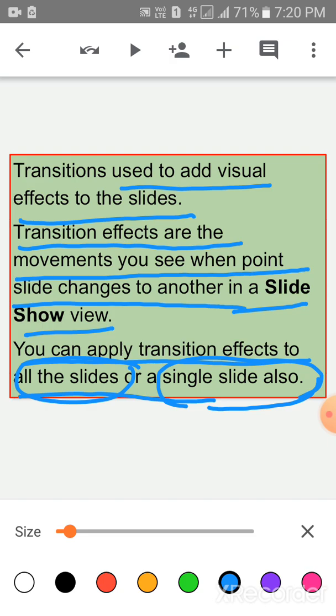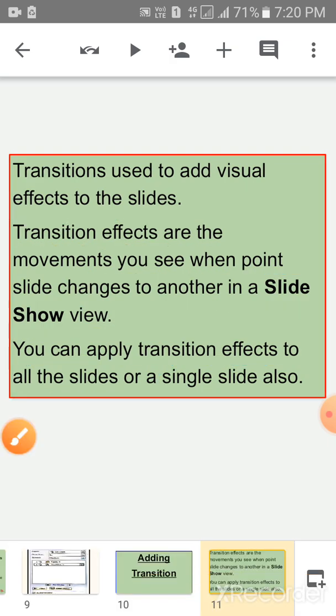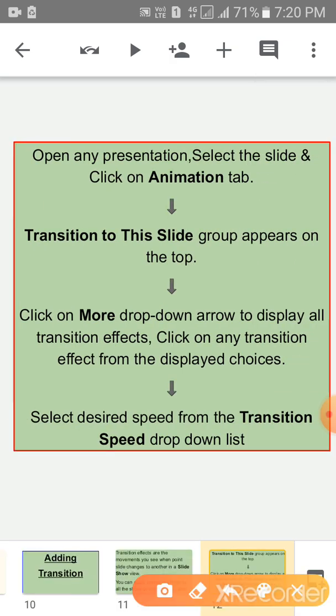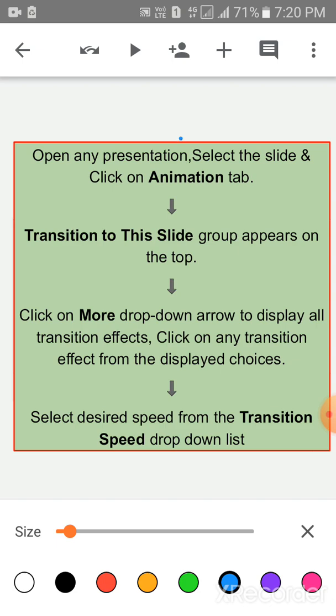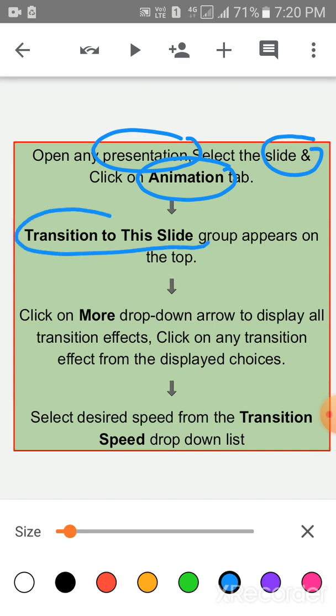Now children, open any presentation, then select the slide. After selecting the slide, click on the animation tab. After that, the transition to this slide group appears on the top.